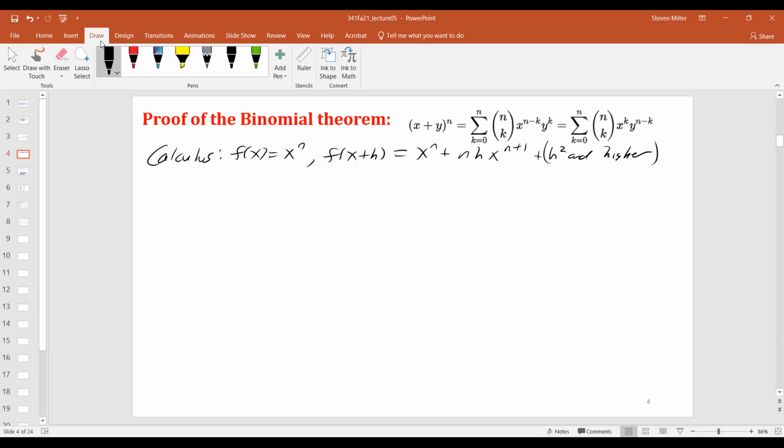We actually don't need the full proof of the binomial theorem. All we need to know is it starts off x to the n plus n h x to the n, sorry, that should be n minus 1. And then every other term is going to just involve h squared and higher. That is sufficient to prove the formula for the derivative of